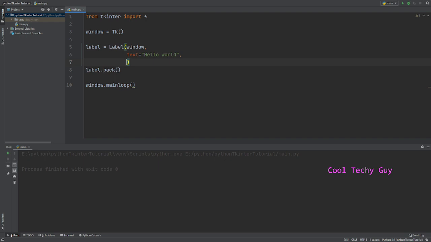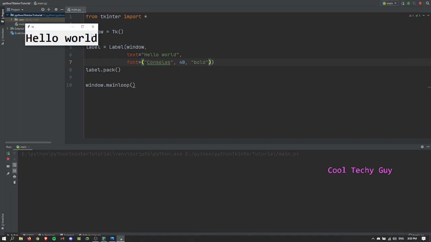Okay, so after text we can change the font because the font size is really small. So we can change the font of the text. I'll change it to Consolas. It's a good font, and the size can be 40. It's a good size. And there's also the type, so it's like bold or italic or maybe underlined. I'll be using bold. Okay, so now when we run this,